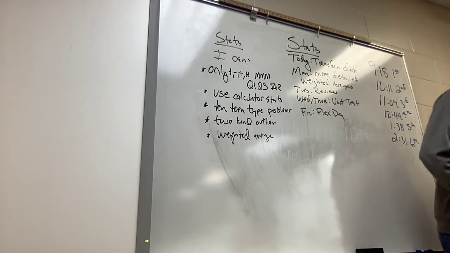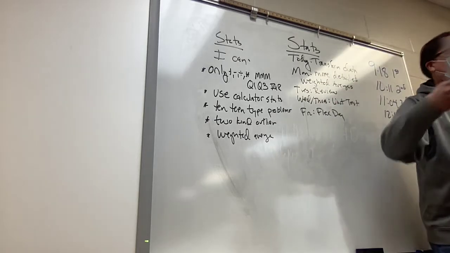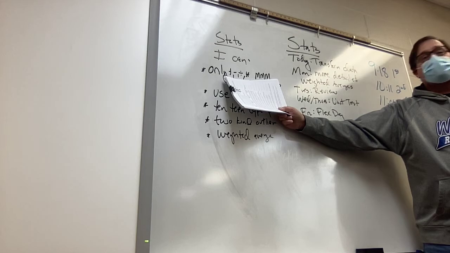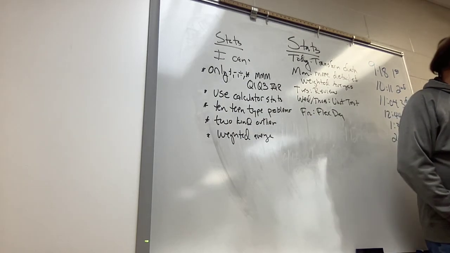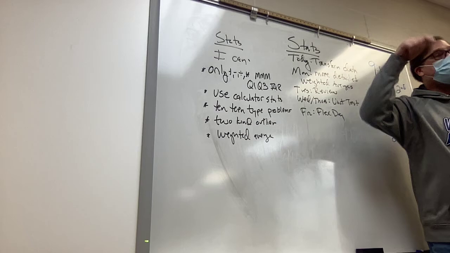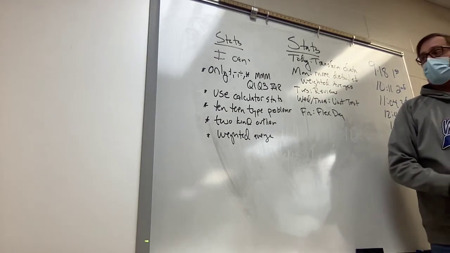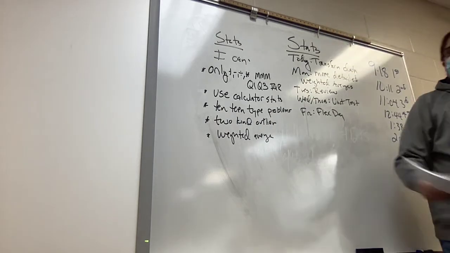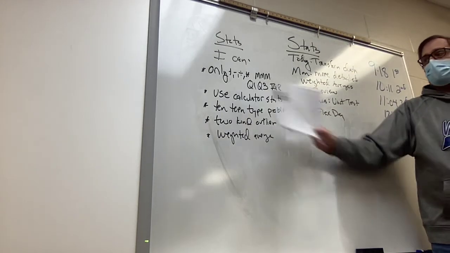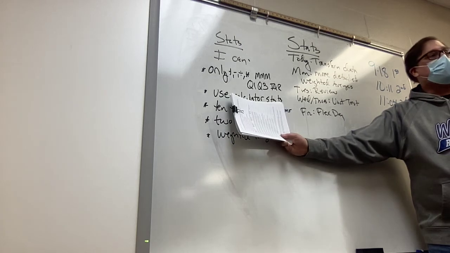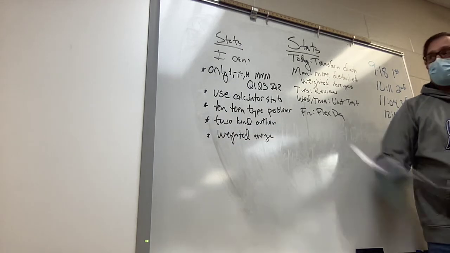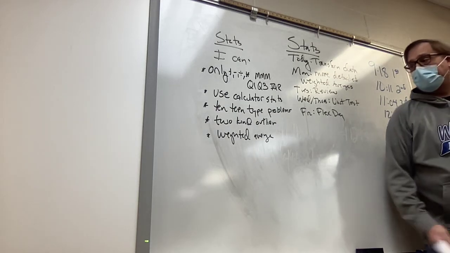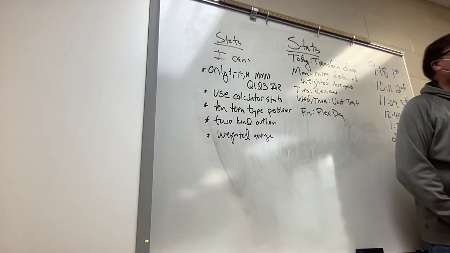So here's what we have done in my absences, your absences. Here's the following. I can, only using the plus, minus, times, and divide keys, find the mean, median, and mode. Just the old school way, all right? Add them up, divide by, et cetera. That would be a small group of numbers. I wouldn't have you do that with 100 numbers. And also calculate those things using the calculator. You can do the statistics in the calculator. That's another I can statement. One's like the 10 teenager problems, all right? The two kinds of outlier problems from yesterday.